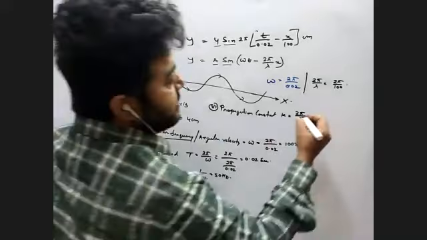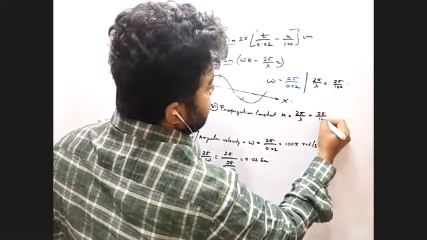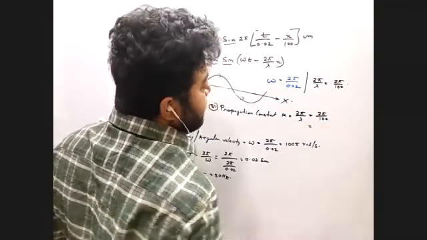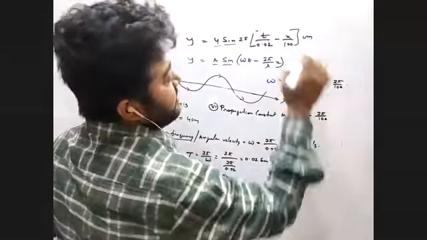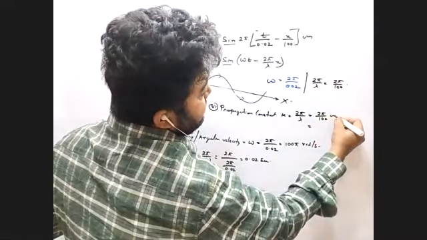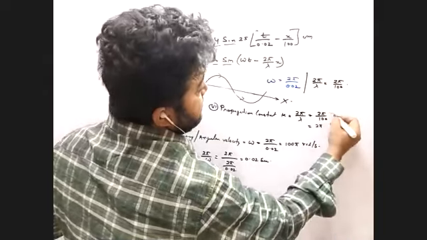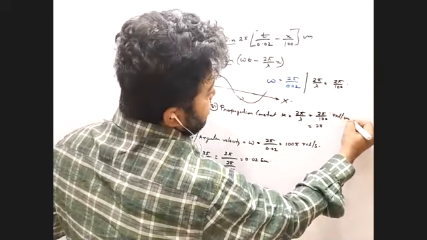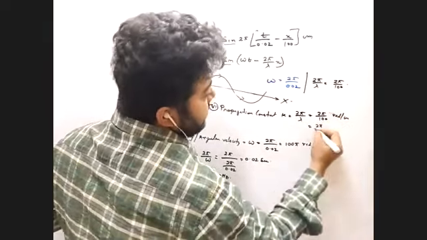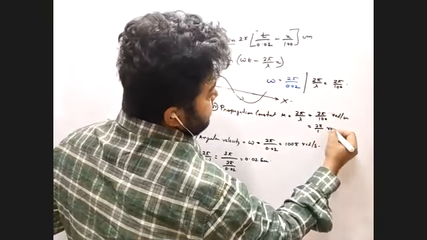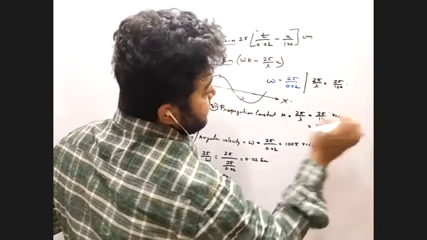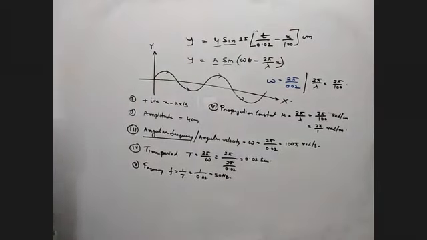So can we write this, that is equal to 2 pi by 100? If you want to elaborate it, because lambda is in centimeter here, that is in centimeter, so the unit is radian per centimeter. Or you can convert 100 centimeter into meter, that is radian per meter. Is it clear?